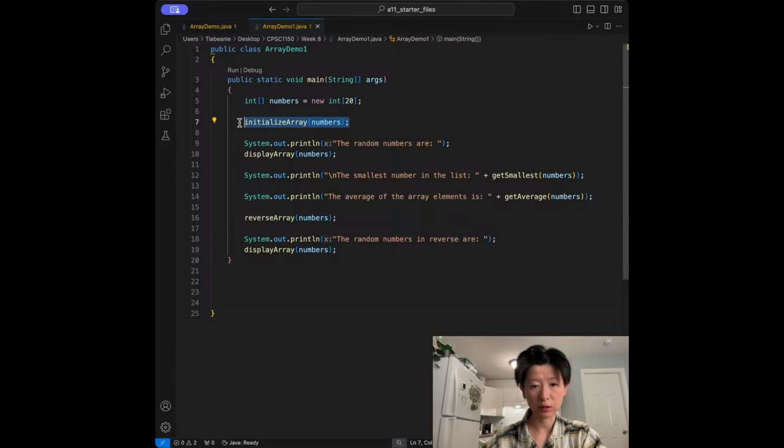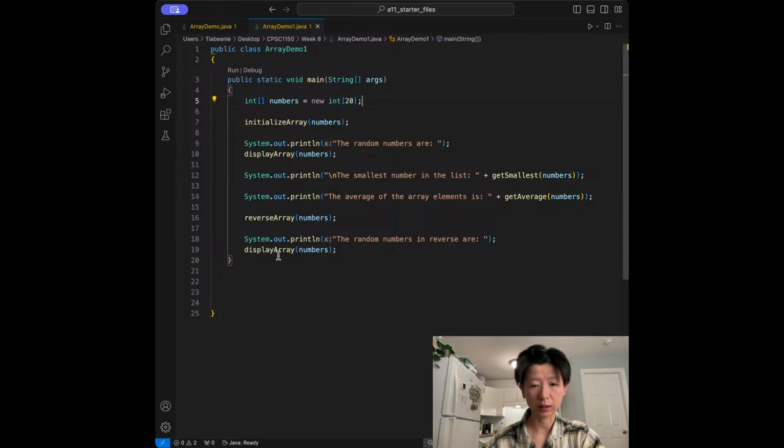Firstly, to initialize the array, there's the declaration and initialization, and the name of the array is numbers, and there are 20 elements in it. Then there will be initialize array, display array, get smallest number out of the array, get the average, and finally